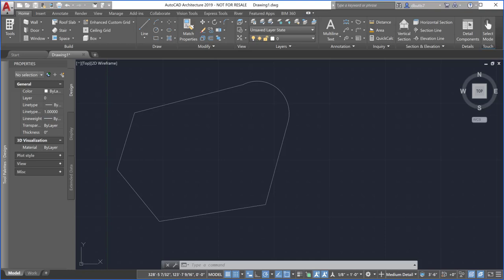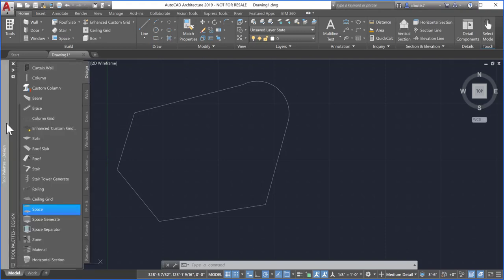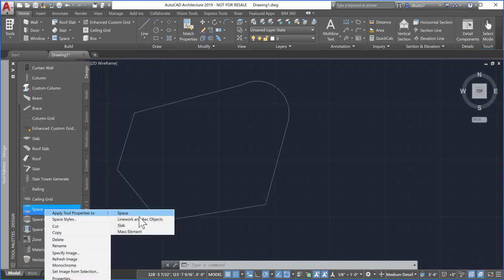Okay, I wanted to give you a real quick presentation for how you can actually use a polyline to generate a space. It's actually pretty straightforward in here. You want to make sure that you have the AutoCAD Architecture toolset installed. With that, it includes a tool palette, a design palette in here, and on that design palette, it has a space tool. So you can actually right-click on this tool right here and say Apply Tool Properties to